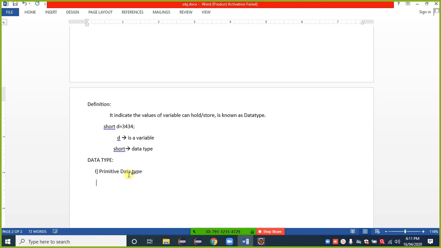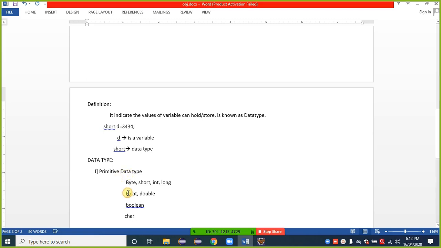So which are the primitive data types with us? Byte, short, int, long, float, double, boolean, and the last one is the char.